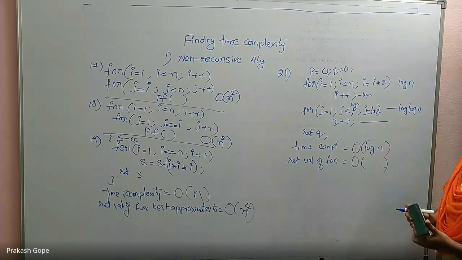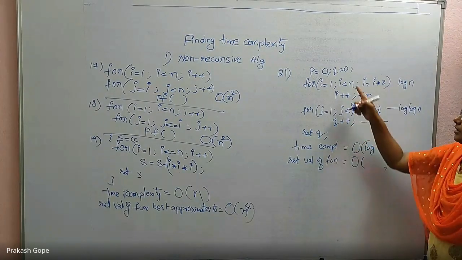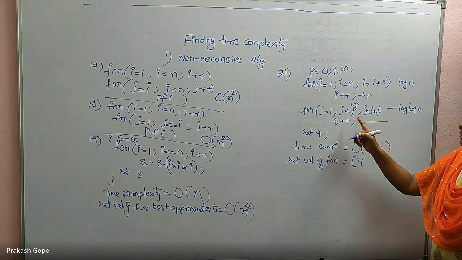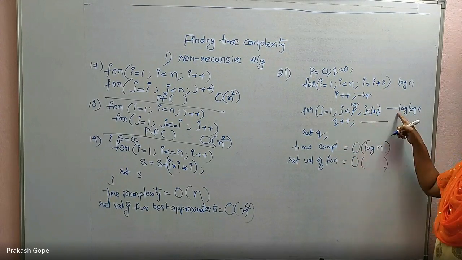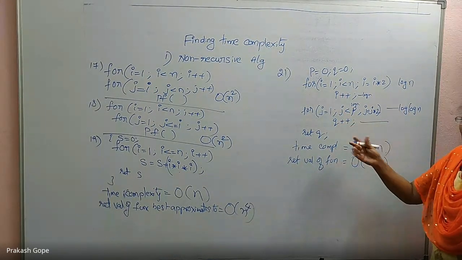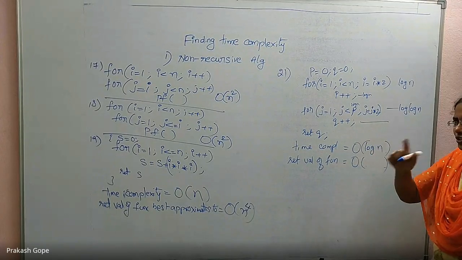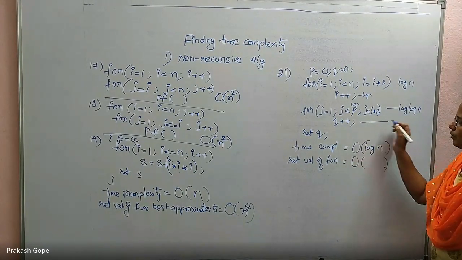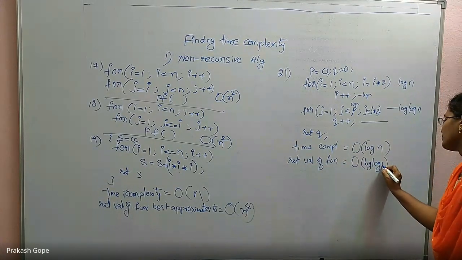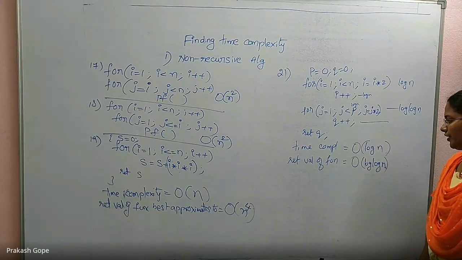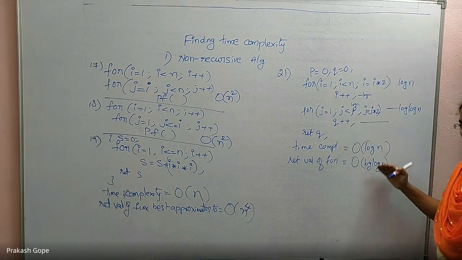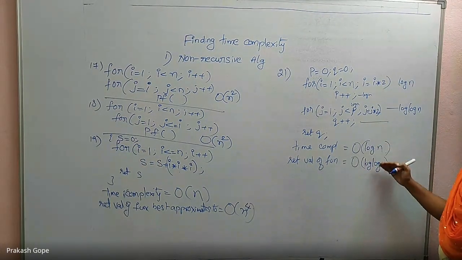Now the return value, because it starts from 1. See, only in the initial phase I made it as 0. So it is 1 plus 1 plus 1 and so on. How many times is this running? It is running only for log n times. So the value of q after this iteration will be log n only, because for every iteration you are adding only 1. That's why q value will be log n. Finally we are returning it. So it is log of log n. So that is the return value. Now there is a difference, right? In the previous case both are same. Now there is a difference.